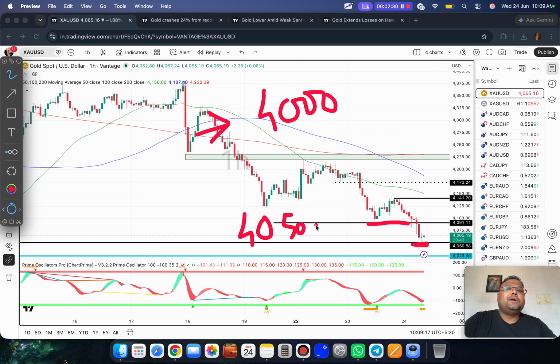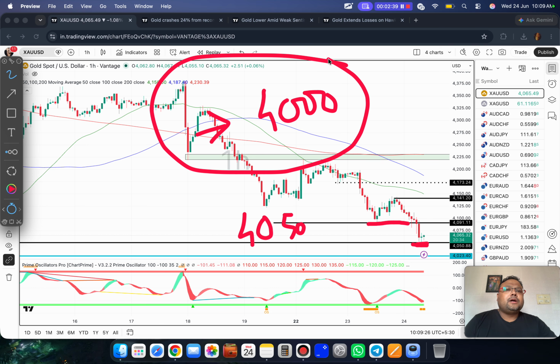What is the next target? If the market breaks 4050, then obviously it will head towards the 4000 level. To be honest, 4000 is a very crucial, strong support, but in case high selling pressure comes, the market will go below 4000, because the whole world is waiting for the market to take support around 4000. Try to understand the logic. As we all know, the market doesn't like common things, so there's a high chance that it may slip below 4000 as well.